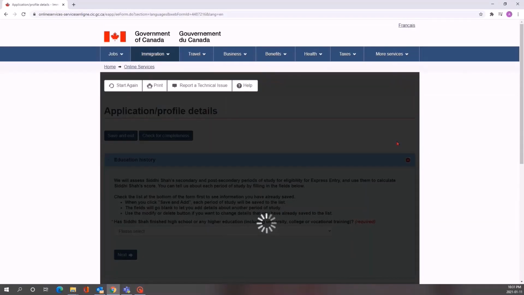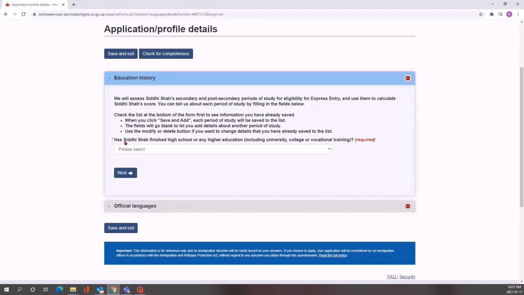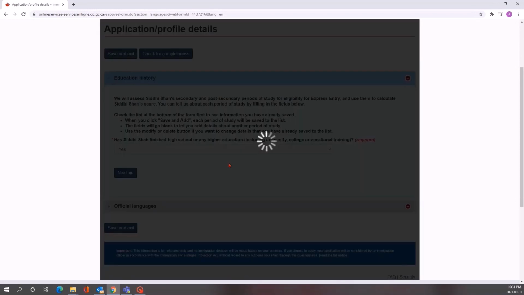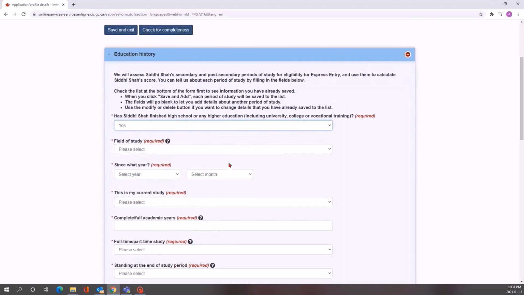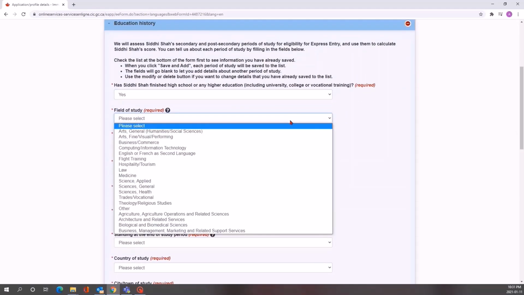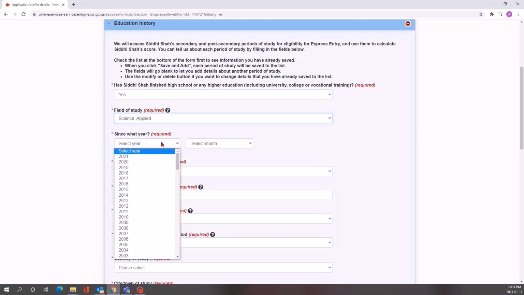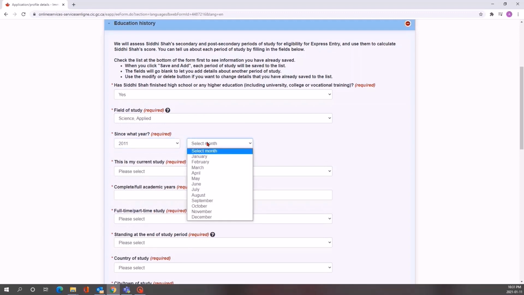Now study in language. Here you need to enter the education detail for your spouse. My spouse has done bachelor's and diploma in engineering, so I'm going to select engineering as a science applied, and I am only going to enter bachelor's detail.